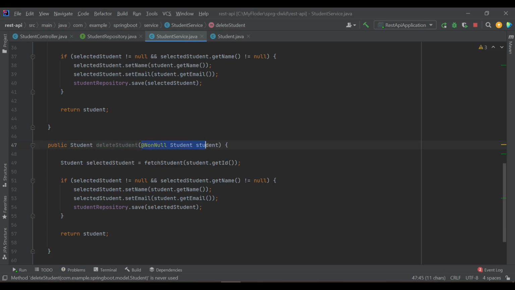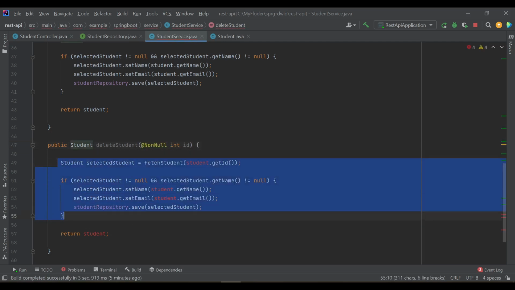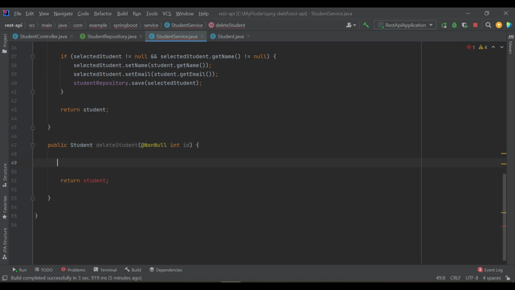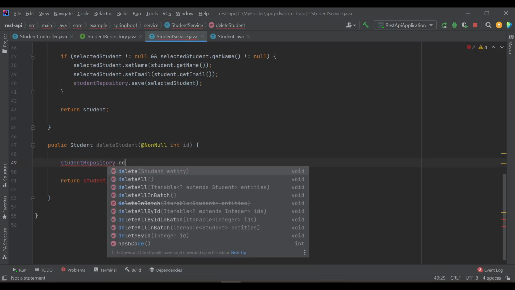I only require int id, which will be non-null. So here we will use an inbuilt method called delete by id.